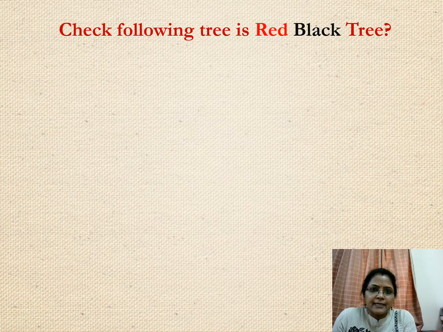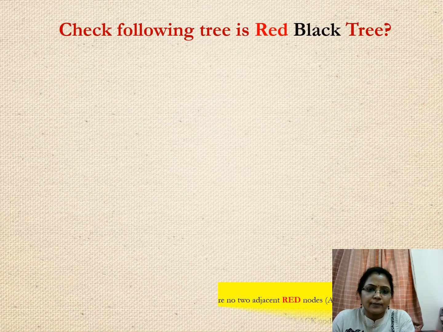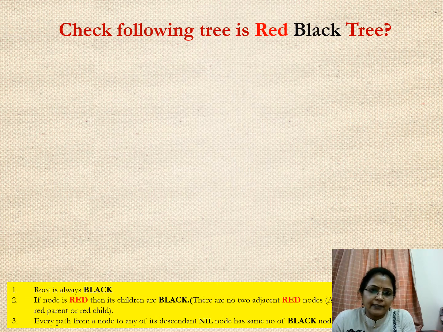Now there are some examples that we have to check to see which tree is a red black tree. The trees will be given to us and we have to verify whether they are red black trees or not. So which are the basic properties for the red black tree? Yes, the root must be black, then no two adjacent nodes must be red, and the number of black nodes in each path up to the descendant null node must be the same. So now let us analyze one by one. So these are the basic requirements. We have already verified it.